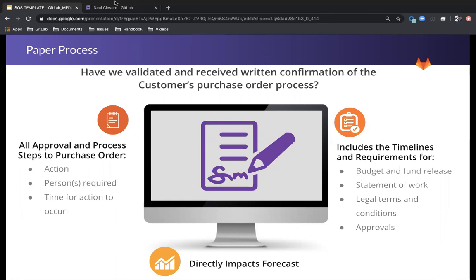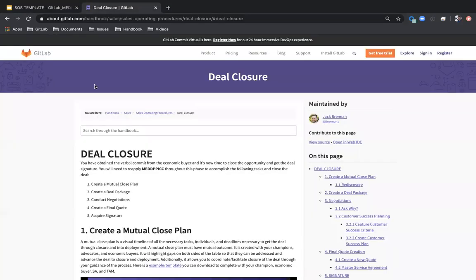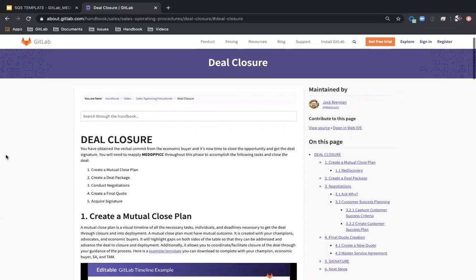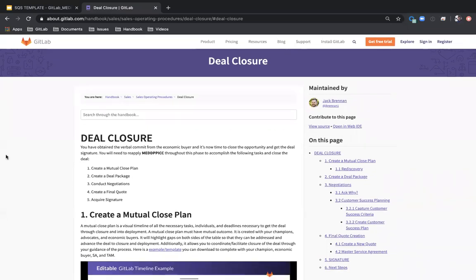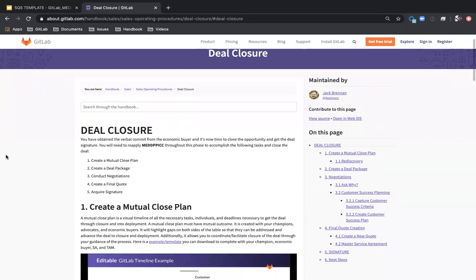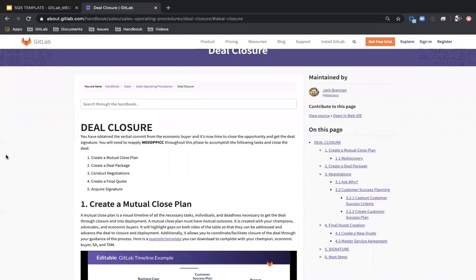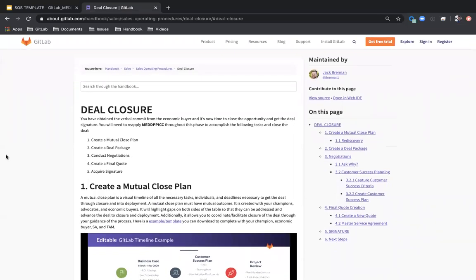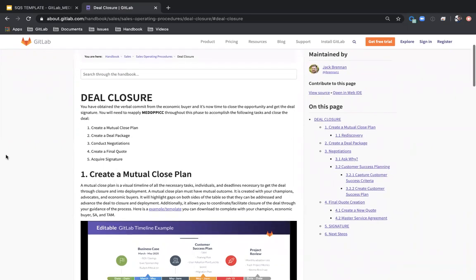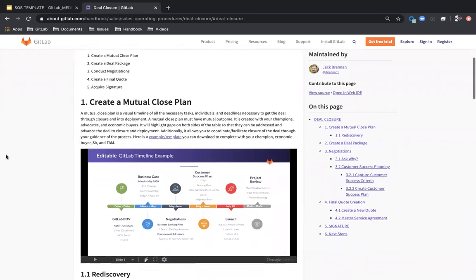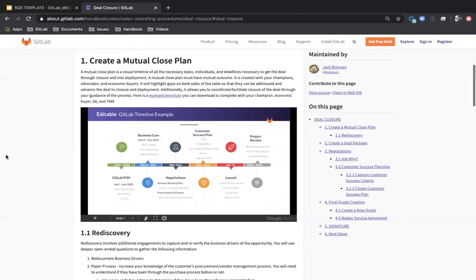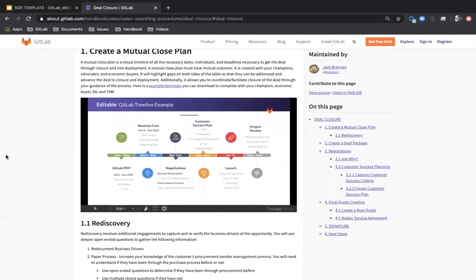And I would like to pivot back to our handbook and look at our sales operating procedures again, really briefly, and look at the deal closure stage here. So this is our third step in our sales operating procedure. So just like your customer is going to have a paper process on their end, likewise, we have our own paper process here. So when we think about closing the deal, we're talking about creating a mutual close plan, which